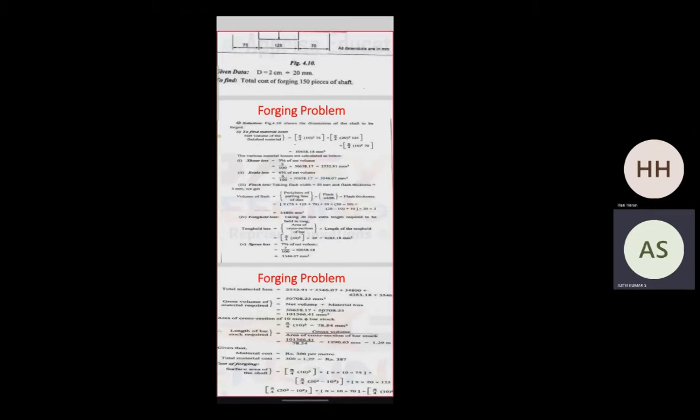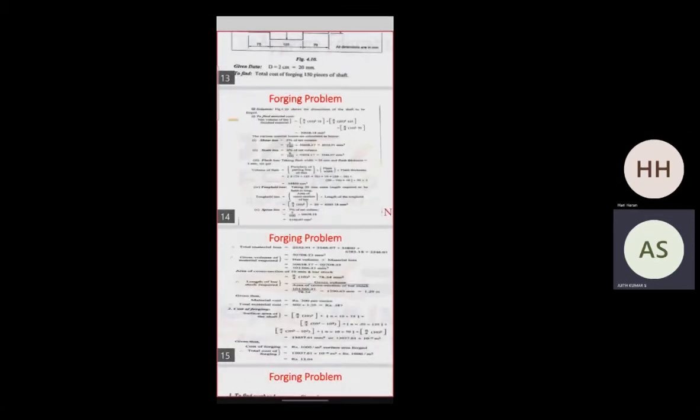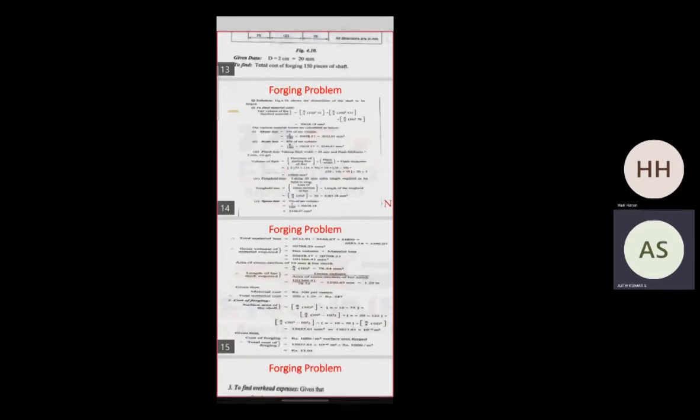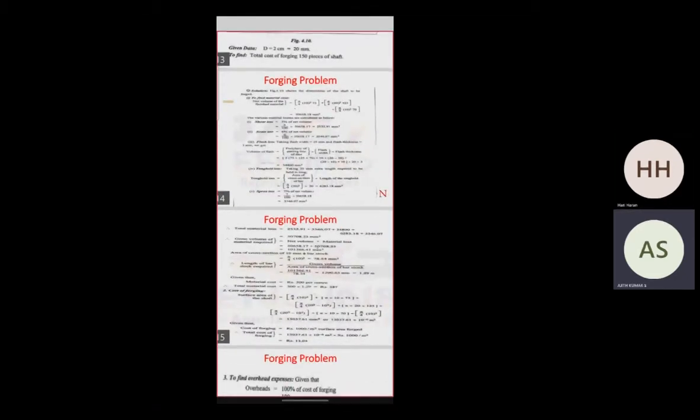third component pi by 4, next we want to subtract the capital D minus small d, that is big diameter minus small diameter. So pi by 4 20 whole square minus 10 square plus pi into 10 into 70 plus pi by 4 10 square. This is the surface area of the shaft. So by simple calculation, we will get 13037.61 into 10 power minus 6 meter square. This is the surface area of the shaft.